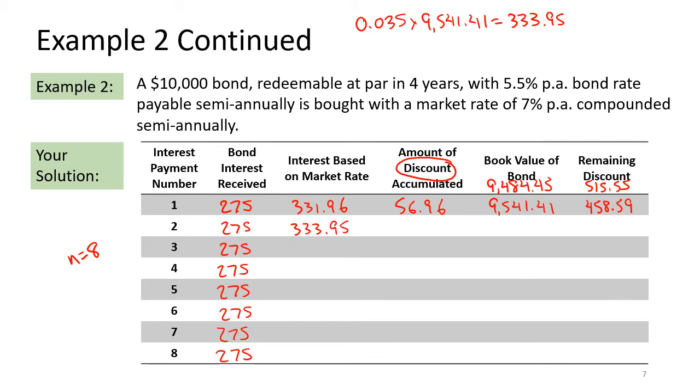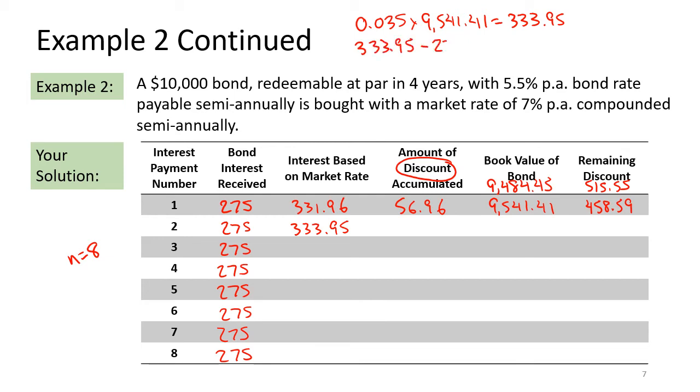So you can see, opposite to the last example, your interest goes up, and subsequently the amount of discount you're accumulating will also go up. Okay? And that's because your bond becomes more attractive the further into the period it is, right? Because that person has more time to earn money using their money in the market before they decide to buy the bond. Okay? So the amount of discount that you've accumulated, all right, is the same,